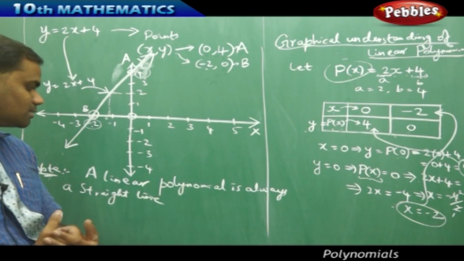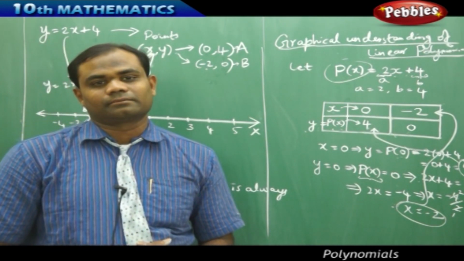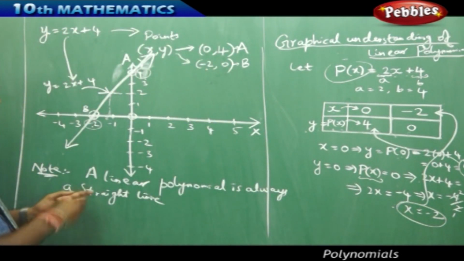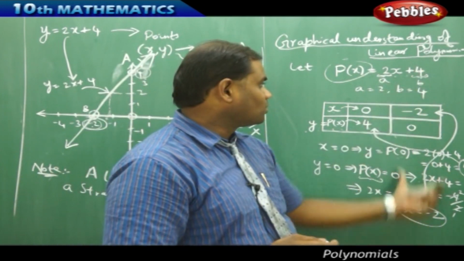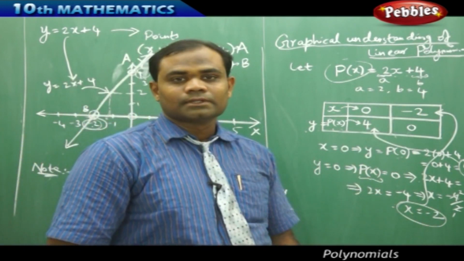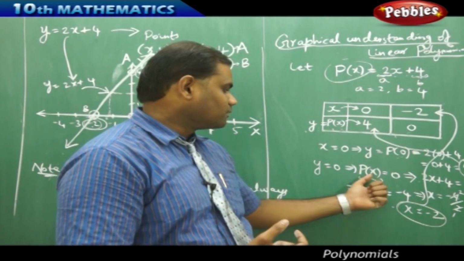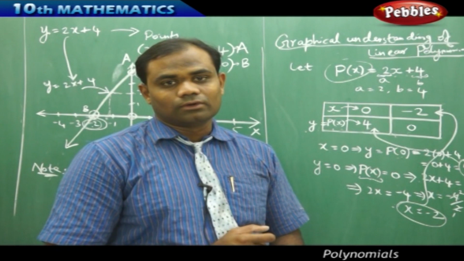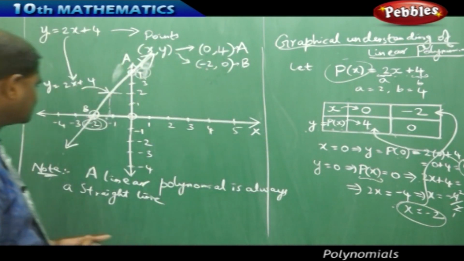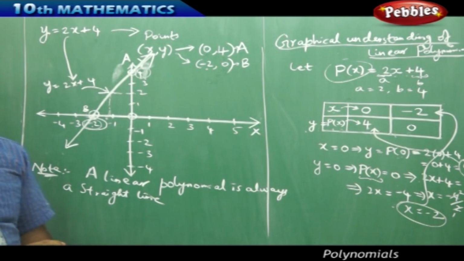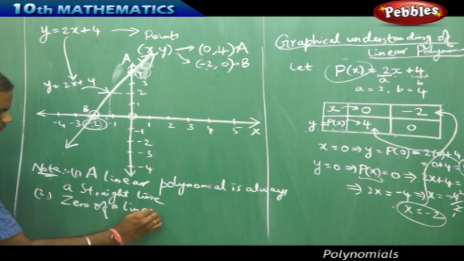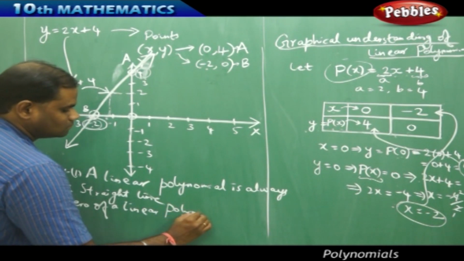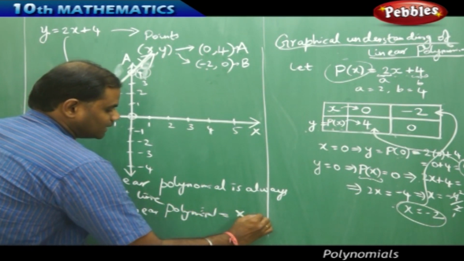So the learning outcome here is that a linear polynomial is always a straight line. Now, as I identify here, -2 has also got some significance. Coming to the previous problem, we found the zero of the polynomial. The zero of the polynomial is obtained when I take p of x equal to 0. Therefore, the zero of the polynomial is the x-intercept of the graph. This is also a very important note, that the zero of a linear polynomial is nothing but the x-intercept